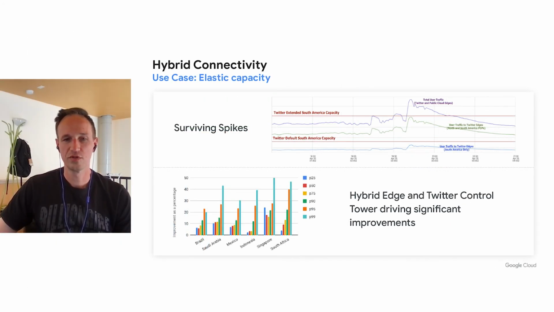Normally, traffic from Brazil would terminate on Twitter front-end servers that are located in Brazil. These servers were provisioned to handle a normal level of traffic, but not these huge spikes from the Big Brother TV show. Using Google front-end servers, we were able to quickly scale up the front-end capacity to handle this. We could shunt this peak traffic to Google front-end, and this way maintain low latency without having to provision additional physical infrastructure just for this peak traffic.